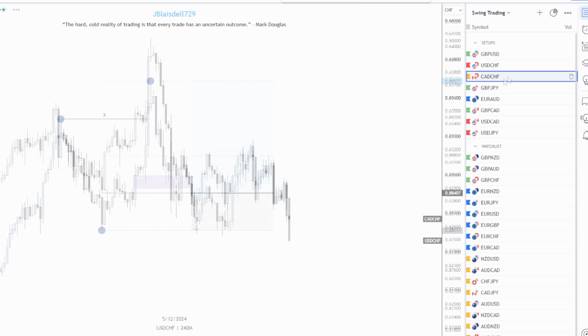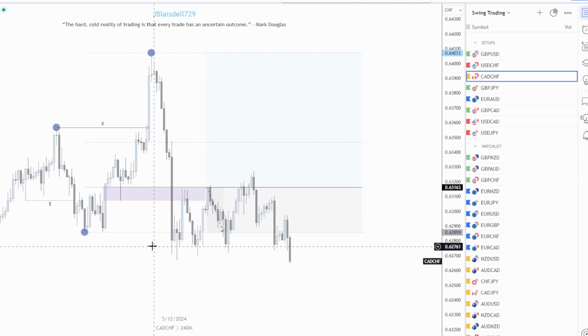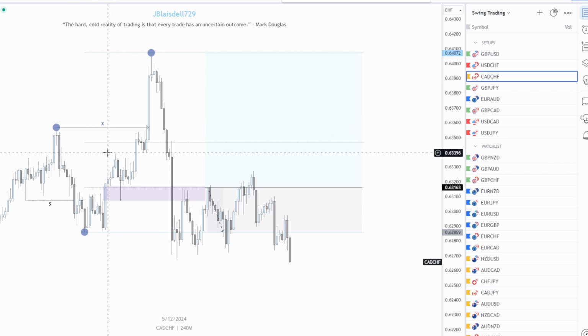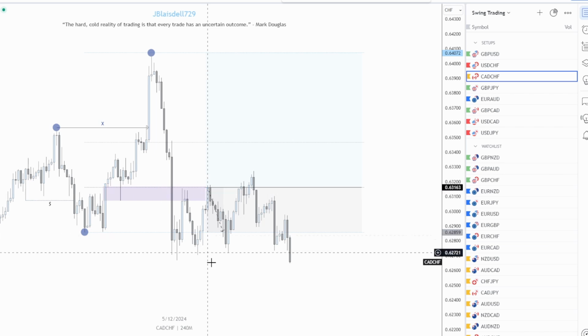We have a CAD Chef setup next. This one very similar as well. You can see the very strong sweep on liquidity with all of its consolidation. Price reaches below those lows, and then a very strong and impulsive break of structure to the upside. As always, we need to see that fair value gap, and this one left one right near entry, which I love to see. Price just very, very quickly on this one ran that overall low, taking my stop loss in